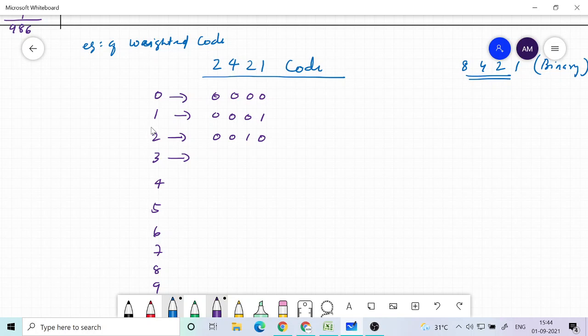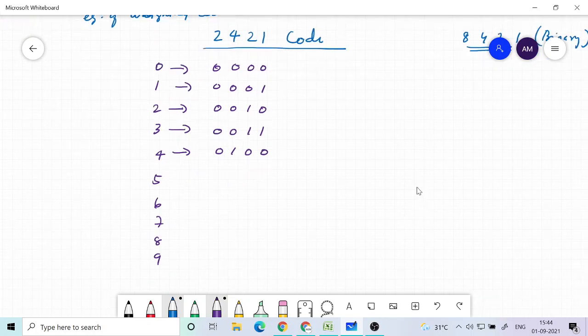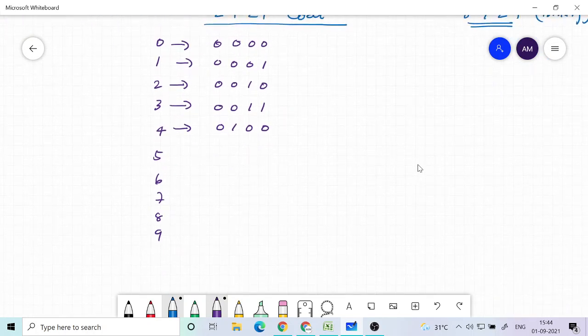Okay, so I will go up to here, and then 0 0 1 1, and then you have 0 1 0 0.